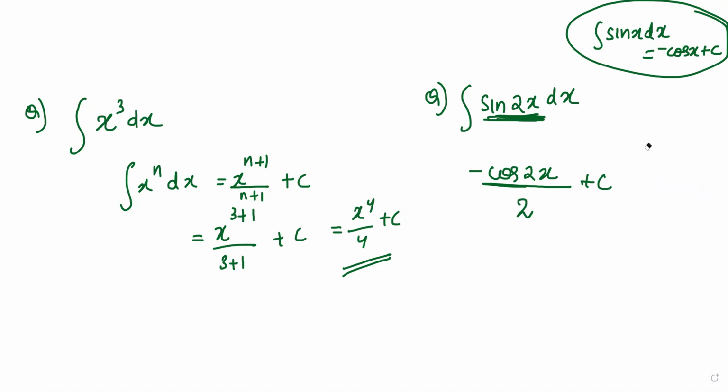In integration, after taking the integration of the outer function, you have to divide with the derivative of the inner function. Understood? Those who are studying for the first time, is it clear for you? If you have a function inside another function,